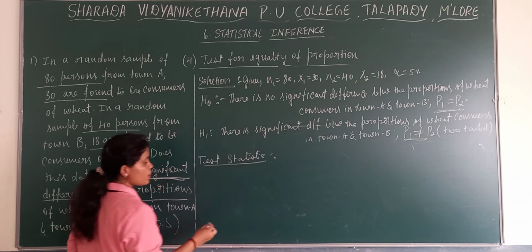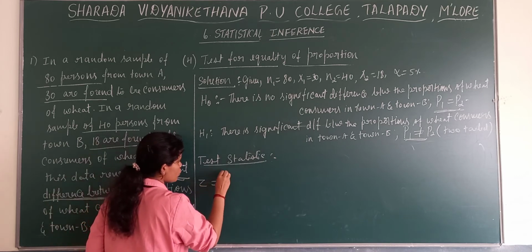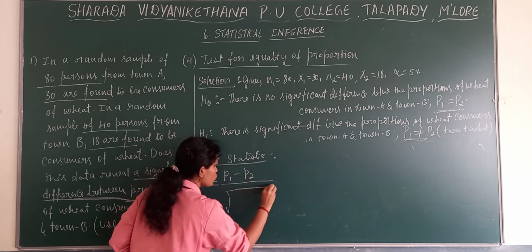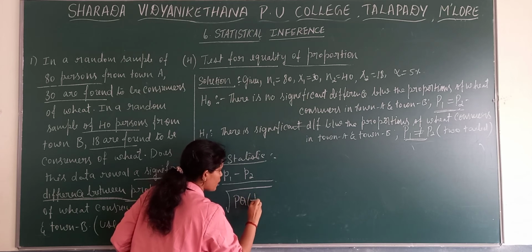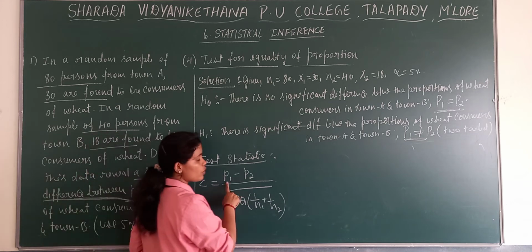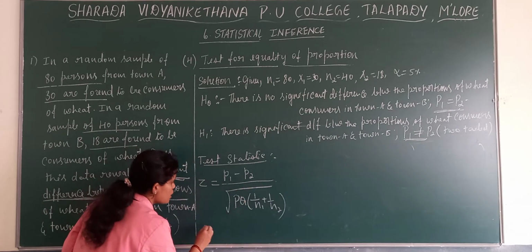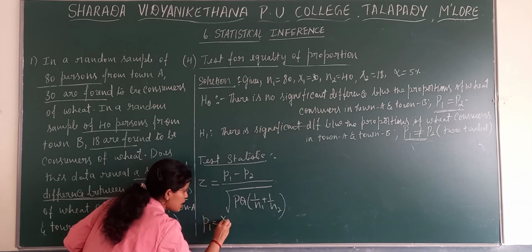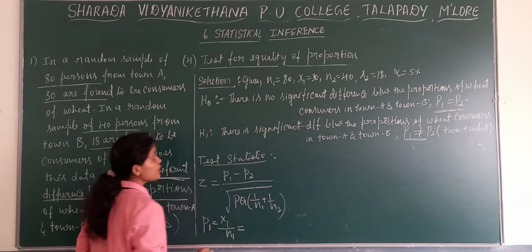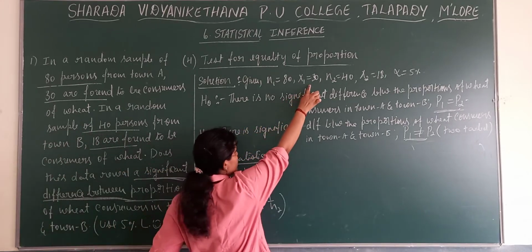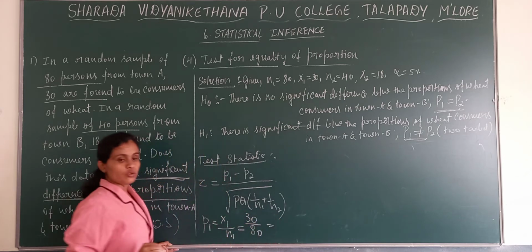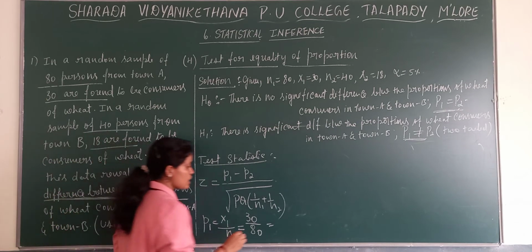Now write the formula here. Z is equal to P1 minus P2 divided by root PQ (1 by n1 plus 1 by n2). Firstly we need to find out P1 and P2. Take the formula for P1, that is x bar 1 divided by n1. You have x bar 1 as 30 and n1 as 80. When you do 30 by 80, then you get